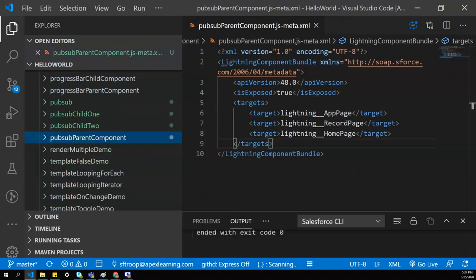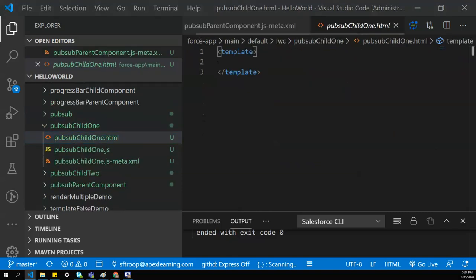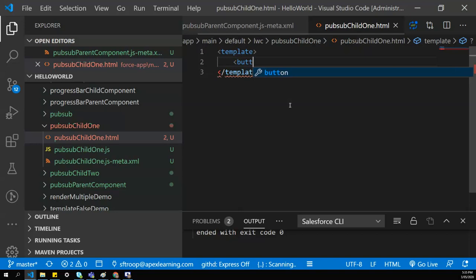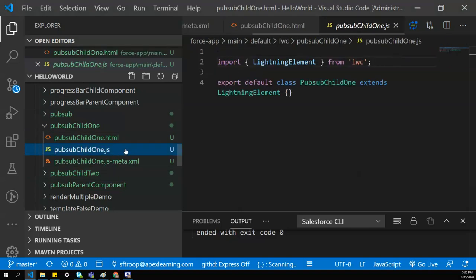So let's go first to our child 1, and we'll go with the basic demo first. A button, child 1, and I'm attaching a handler to it on click. I'll go to JS.